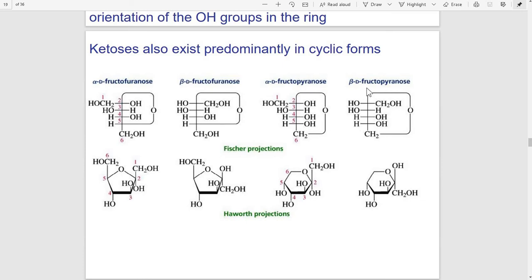See in beta D fructopyranose, 6-membered ring, in this CH2OH, OH, OH, these three are right hand side, that's why in the Haworth projection formula we are showing downward side CH2OH, OH and this OH. Okay,